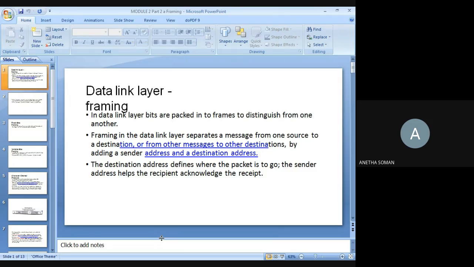The destination address defines where the packet has to go, and the sender address helps the recipient acknowledge the receipt. Once it reaches the destination, you want to send the acknowledgement, and for that the sender address is also specified. So that is the concept of a frame.